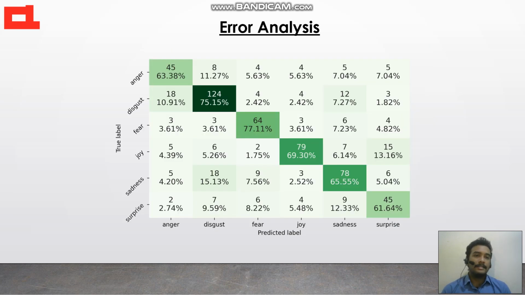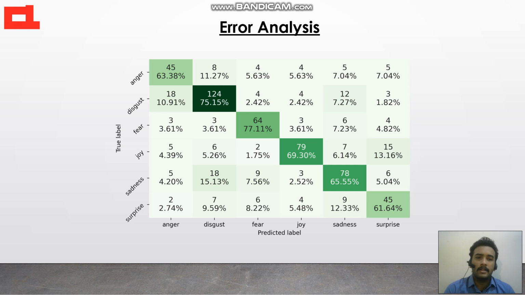The confusion matrix illustrates a class-wise proportion of the number of predicted labels. It is observed from the matrix that few data are classified wrongly. For example, 8 instances among 71 of the anger class are predicted as disgust. In the fear class, 6 data out of 83 are mistakenly classified as sadness. In the sadness class, the misclassification ratio is the highest, which is 15.13%. That means 18 data out of 119 in the sadness class are misclassified as disgust.